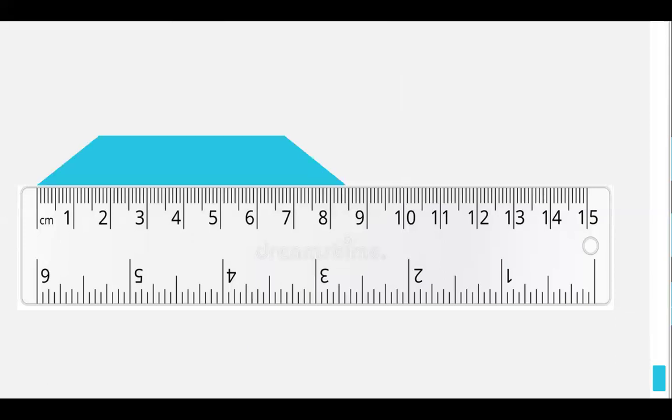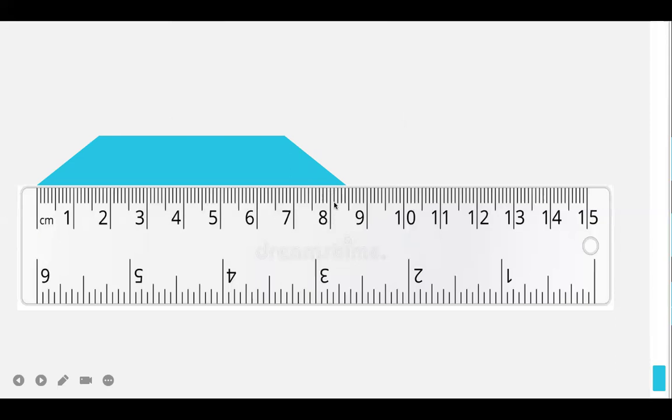Okay, now this trapezoid. So from here to here, it's not 8 and it's not 9. So that is in the middle of 8 and 9. So what you will do is count the number from here, that is 8.